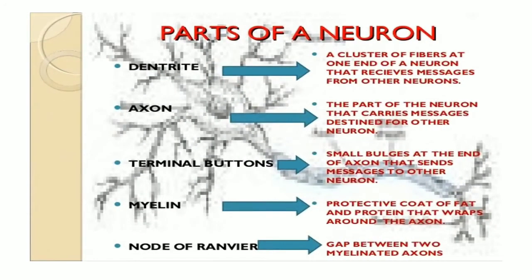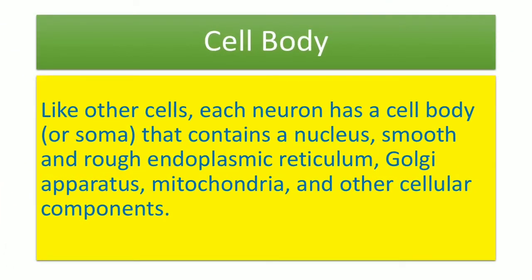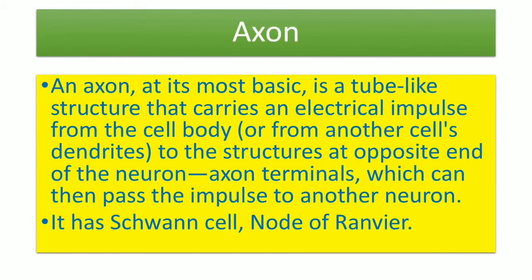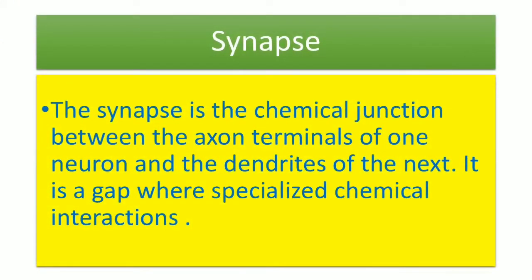Moving over the structure, next we've been on the parts of neurons. Take the screenshot. Cell body. What is cell body? How does it work? It is also known as soma, as I've shown you. Axon. It joins the part of the neuron, the soma, with the stem. And then the synapse, we have talked about, it is the chemical junction between the axon terminals, one neuron to the